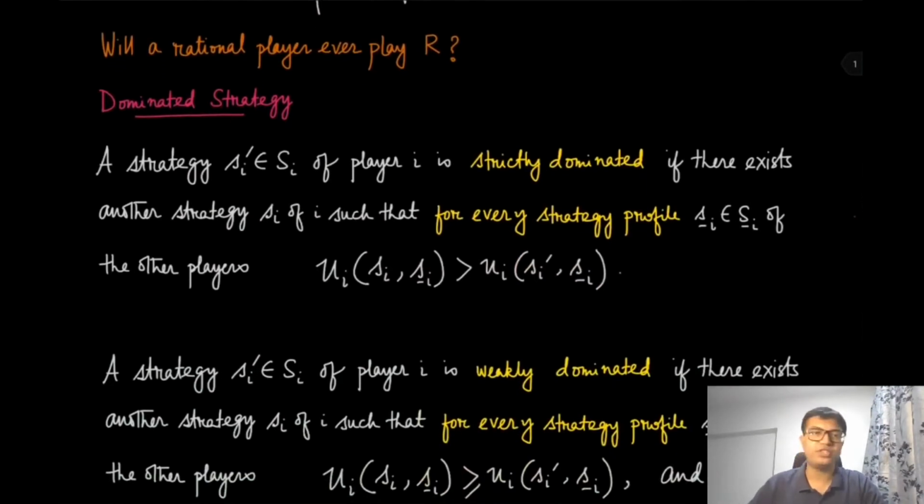So let us make this definition a little more formal. First we are going to discuss the dominated strategy. We are going to say strategy Si prime of a player i is strictly dominated. So notice the term strictly. If there exists another strategy Si such that for every strategy profile of the other players,